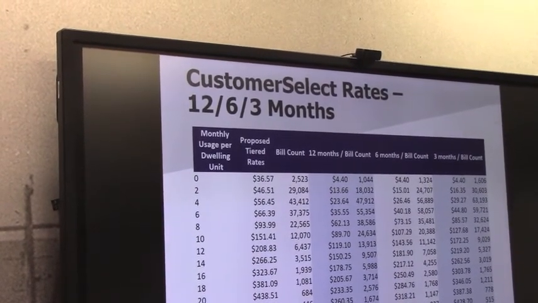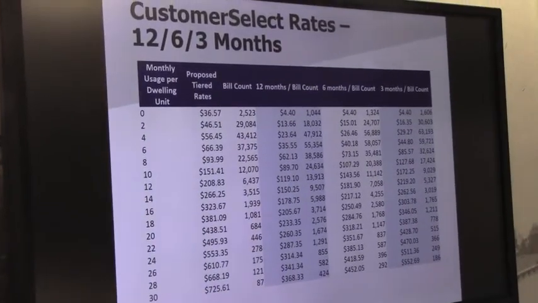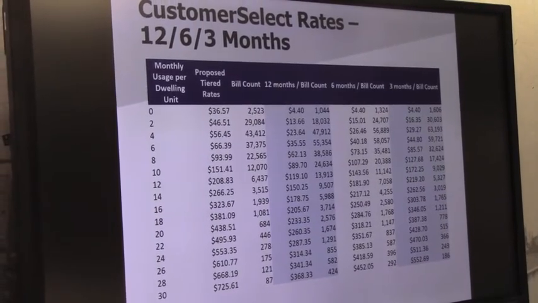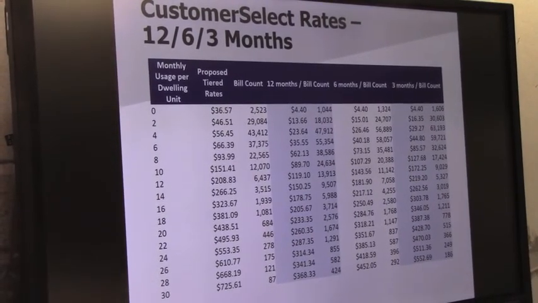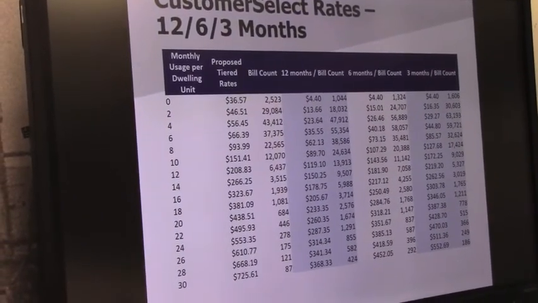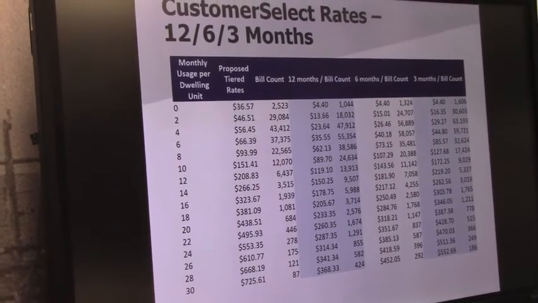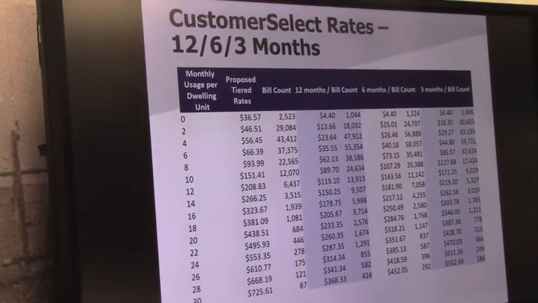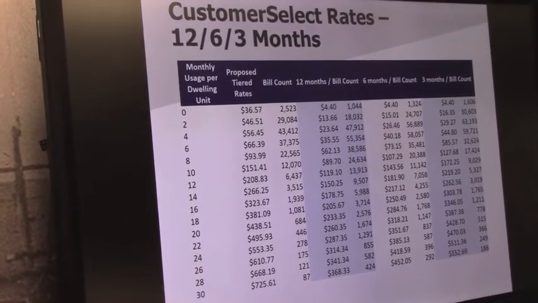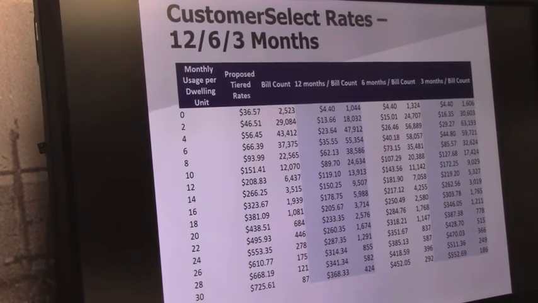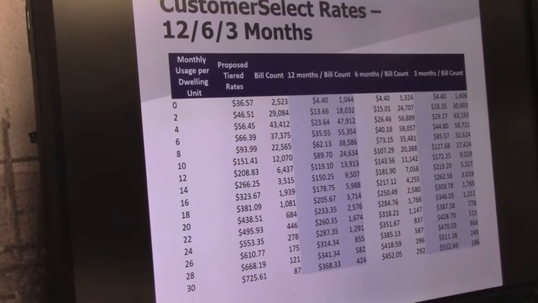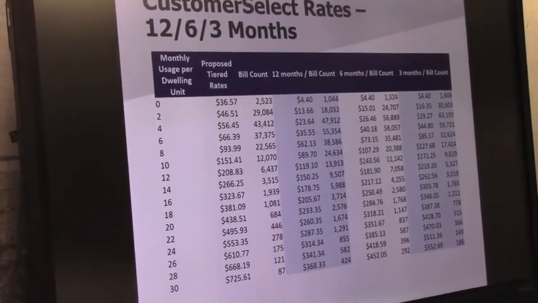So I misunderstood what Sanjay was going to be able to do for us on this. I thought what we were going to wind up with at the end of this game was 2 administrative records with 2 sets of rates. What Sanjay thought we were ending up with was 1 administrative record, and the board would have made a decision on one rate structure or the other at that point. So he's only prepared to present and complete 1 administrative record, which is the 2 tiers or the uniform rate, or the inclining tiered or customer select, or uniform, if the board picks uniform.